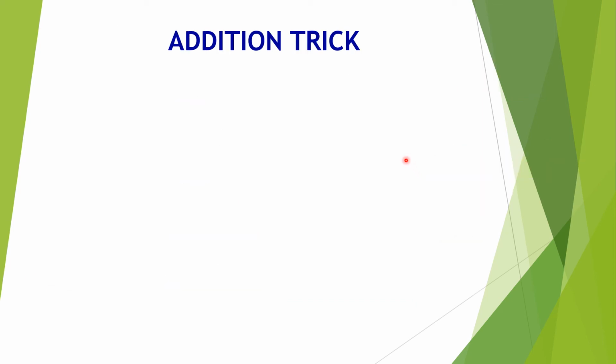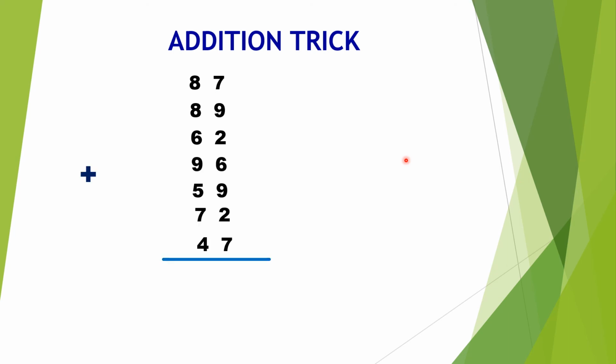Now let's see one more 2-digit addition. Let's add all these numbers. We will start from the tens place onwards. From down itself, bottom. 4 plus 7, it is 11. So 1 bar over here, keep 1 in your mind. 1 plus 5 is 6. 6 plus 9 is 15. So 1 bar, keep 5 in your mind.